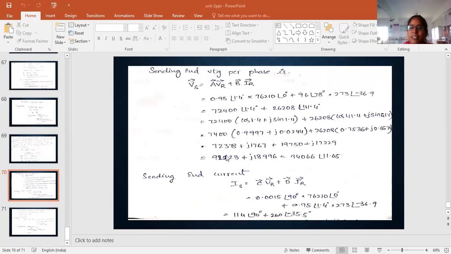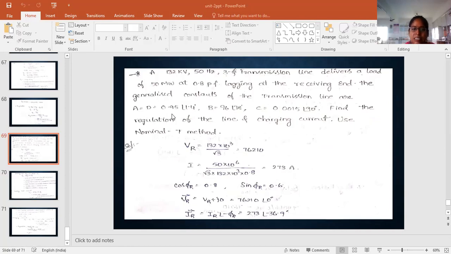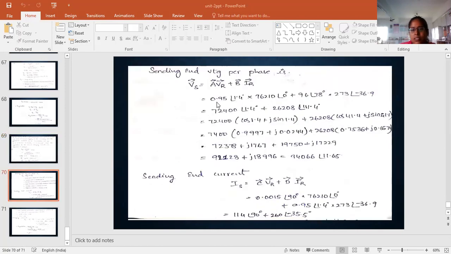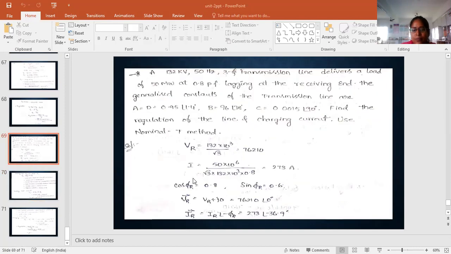Vs equals A into VR plus B into IR. We know the A and B values; they are given in the problem. The A and D value is 0.95, and B is 96.78. Here the A value is 0.95 at an angle of 1.4, into the VR value